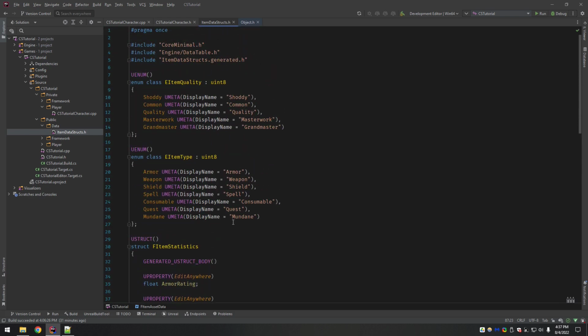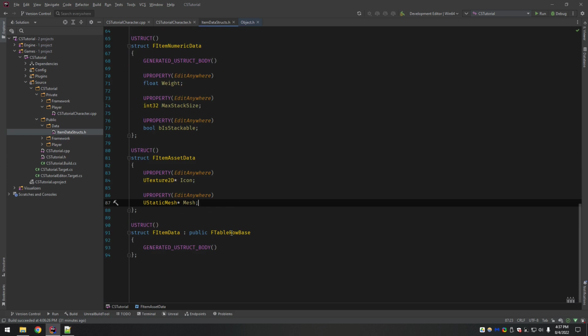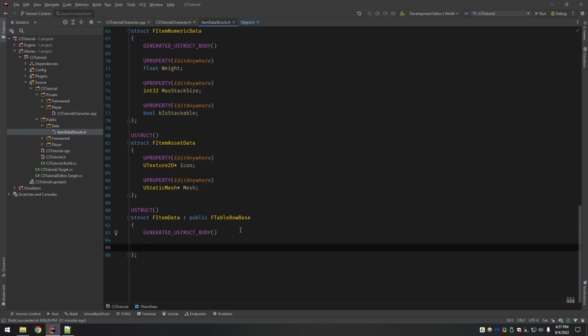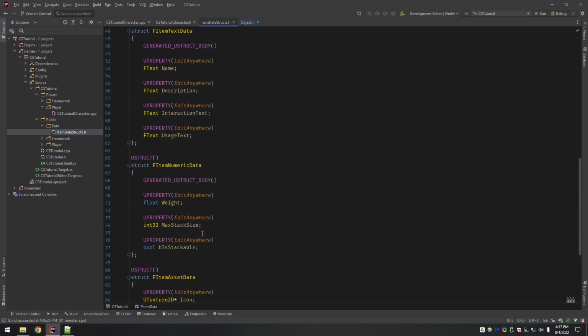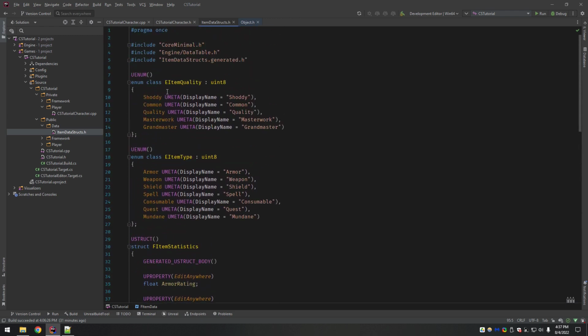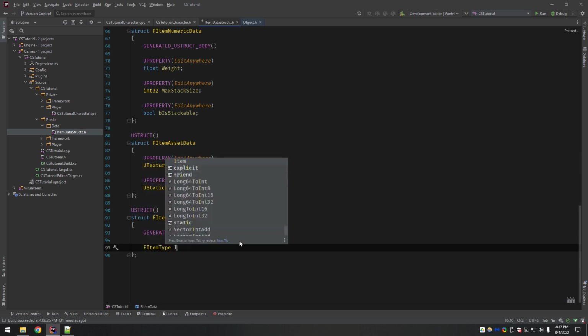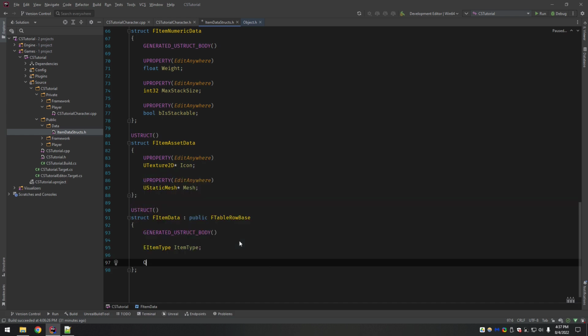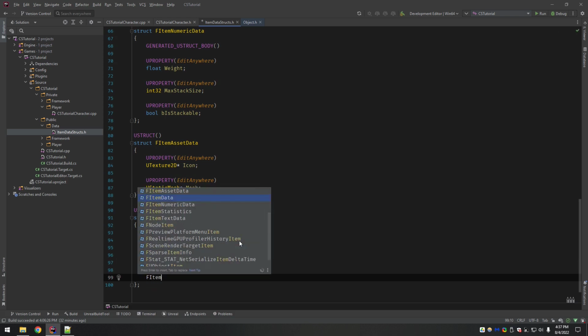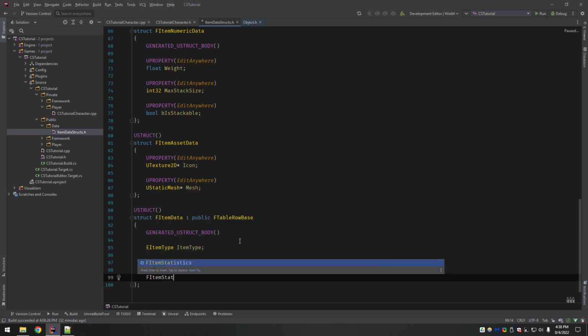All right, so this is all the crucial pieces that we need. We can actually fill out the data table struct now. And all it's going to be is an instance of everything that we just made. So we want item type, item quality, stats.